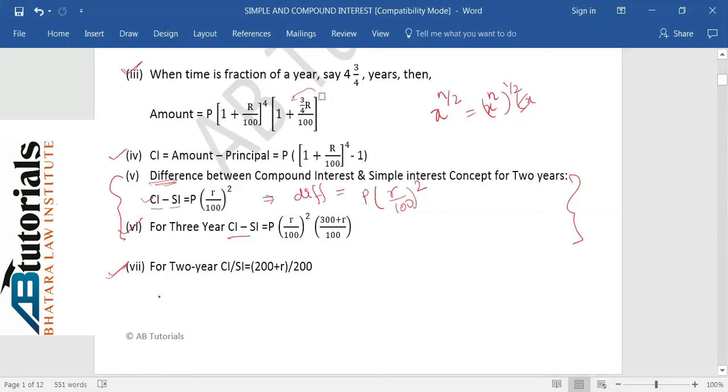Because in SI and CI, as the time changes, the formula will also change. So when we are talking about questions based on difference, generally the question is asked for 2 years or 3 years, because for 4 years it will again become complicated. So in the exam, according to the timings only, the questions will be there. So let's